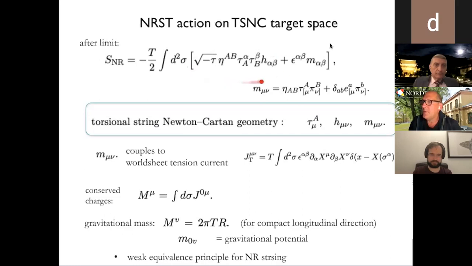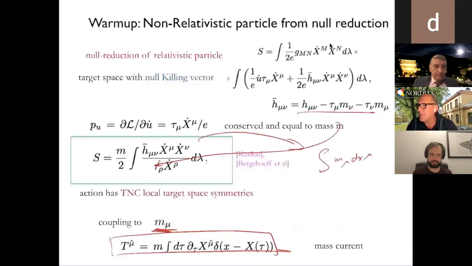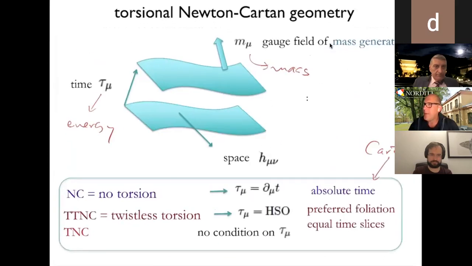So it contains, you can see this as a kinetic term. It involves the spatial metric contracted with inverse time-like field bind on the string, and a coupling to a field M that takes some very specific form in terms of these gauge fields that we introduced. But I just want to juxtapose this to what I just showed here.